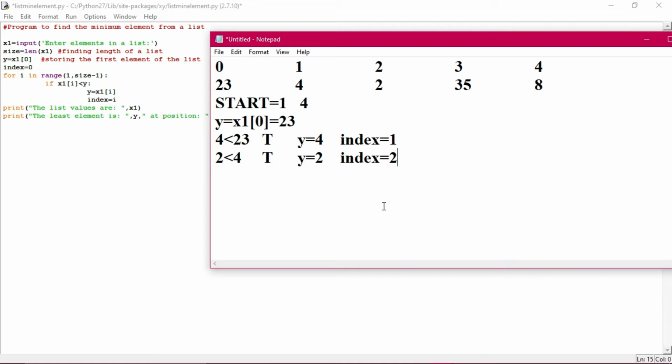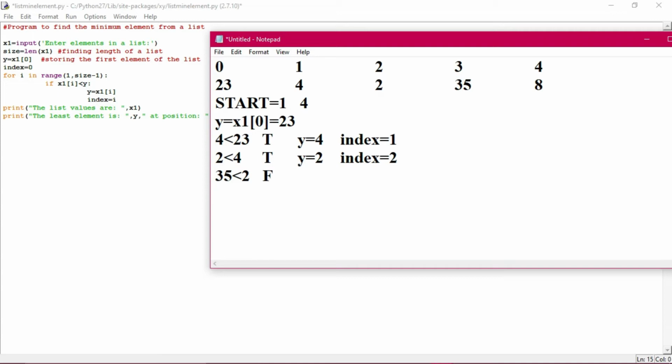Now what is happening, in fact, this particular thing is going for the next. So this one will be taken next. So 35 will be compared to what, 31 will be compared to this particular value of y. Means like this one. So x1 is less than y, the current value of y is 2. Now it will be compared, so it will find out false out here. So no question of